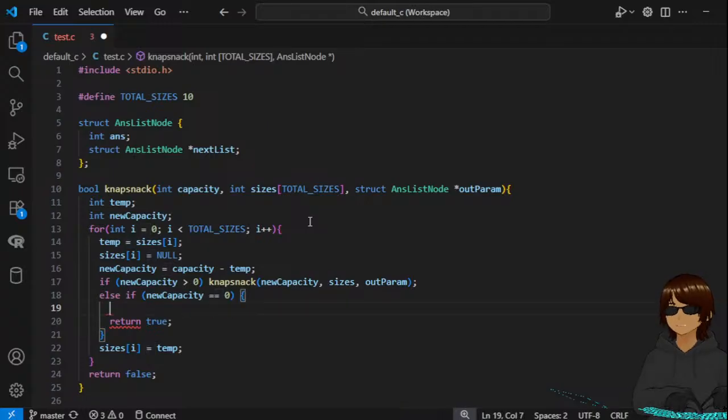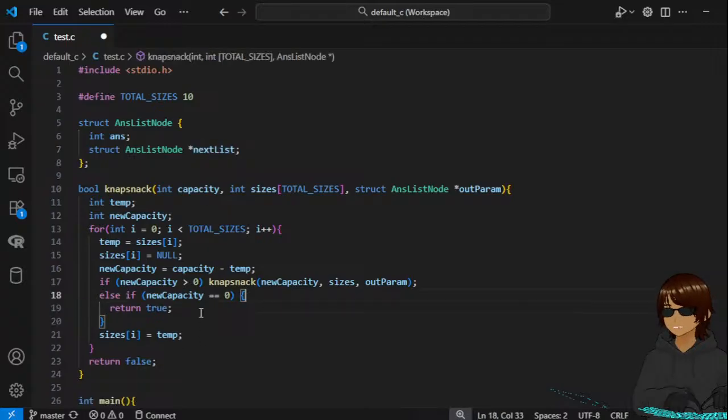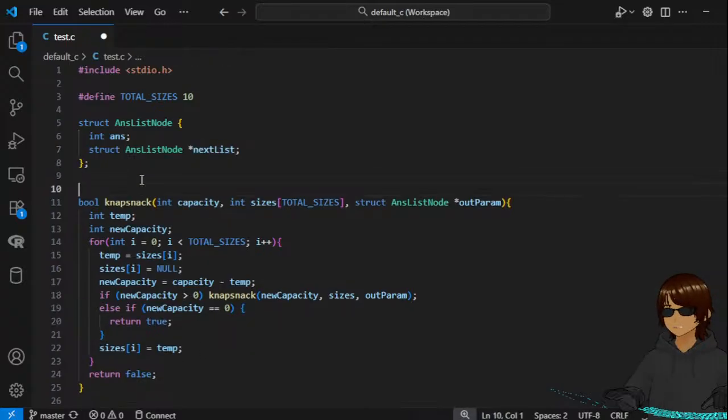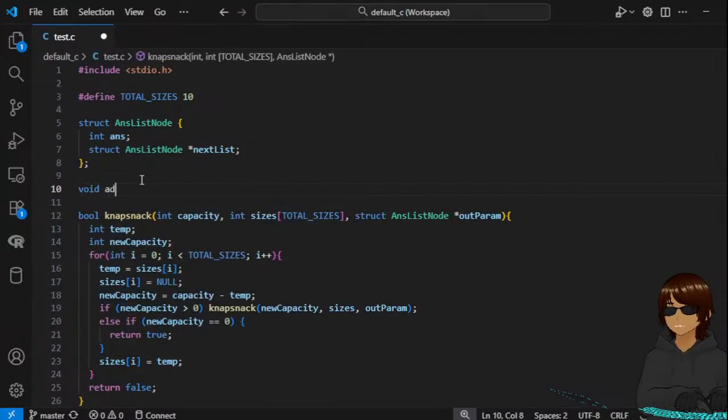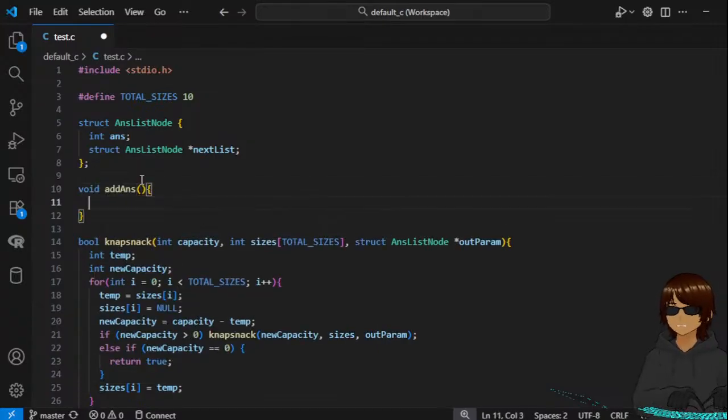Hold on, hold on. How do I add to aunts? Wait. Void add aunts, int aunts. Struct